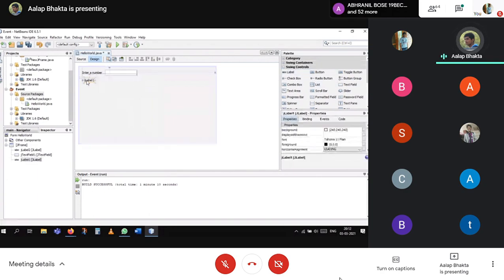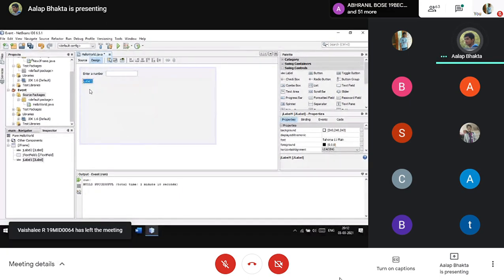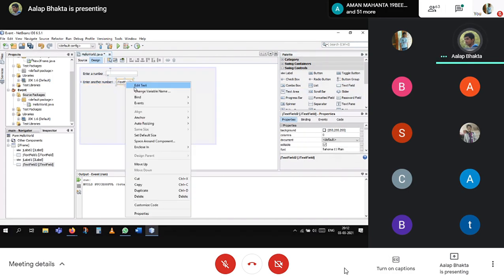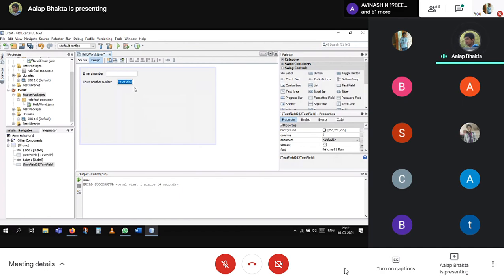I want to enter another, so enter another label, then enter another number. Then you need a text field for that. So text field, then right click, edit text, remove it.